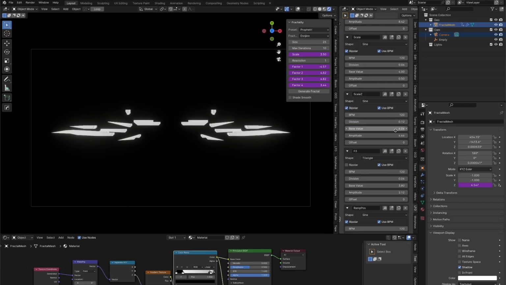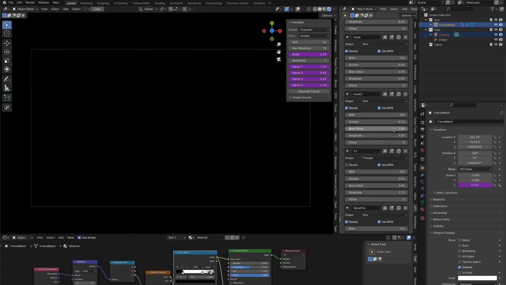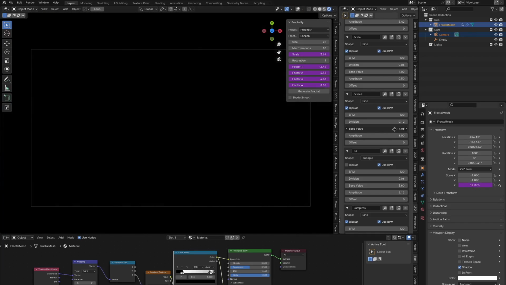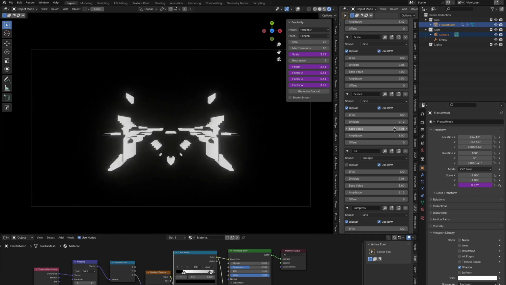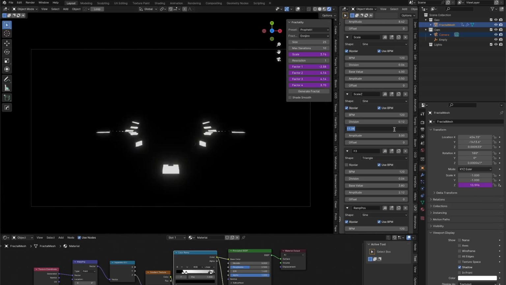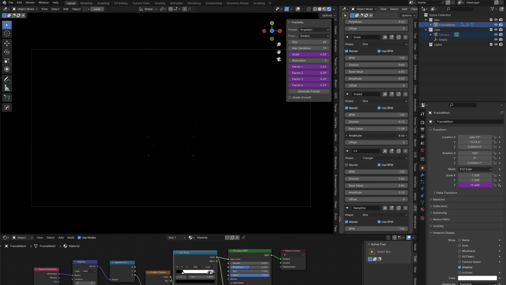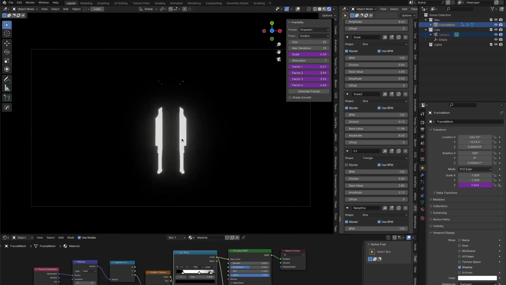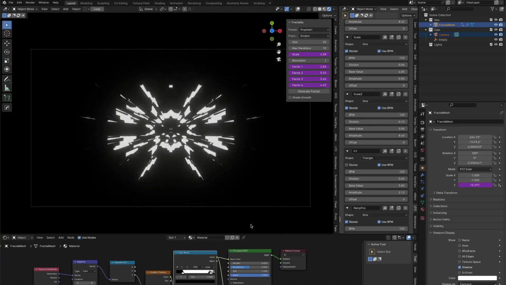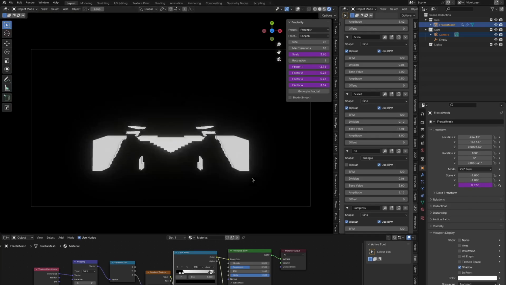So I'll try changing this to 1. Let's just do like 1 and 3 and see what happens. Oh, I don't think that helped at all. All right, there we go. That's cool. It's pretty crazy. This is pretty cool. Maybe amplitude. I want to turn it up just a tiny bit more. Okay, the only thing that I don't love about this is that it's hard black and white. There's really no